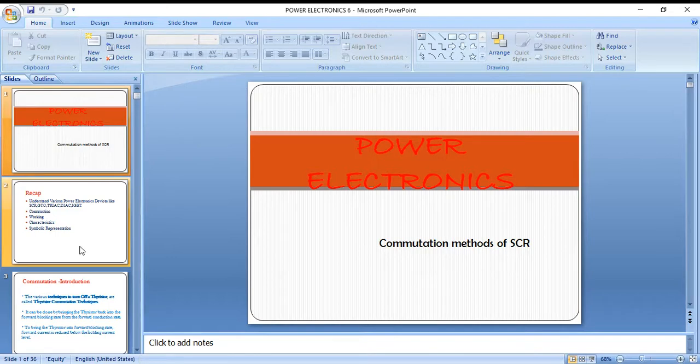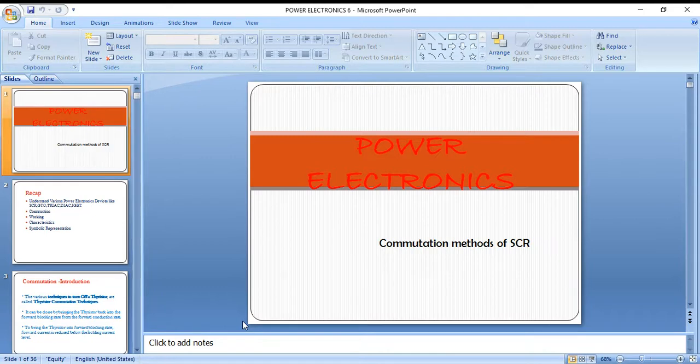In these power electronic devices, the main advantage we are getting is that we have control over the instant of conduction of the device. At the same time, whenever we are operating these power semiconductor devices in power system components, power system circuits, and large circuits, we need to turn on and turn off according to our requirement for proper control in the circuit operation.